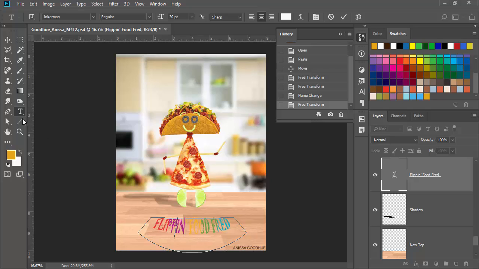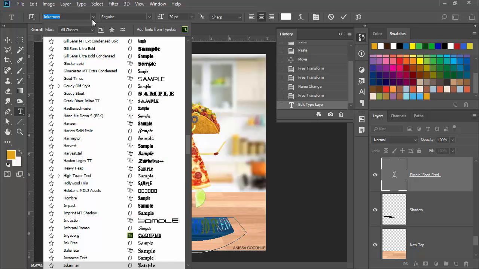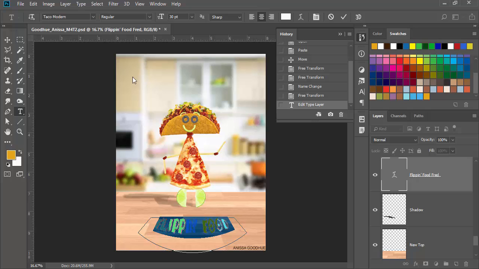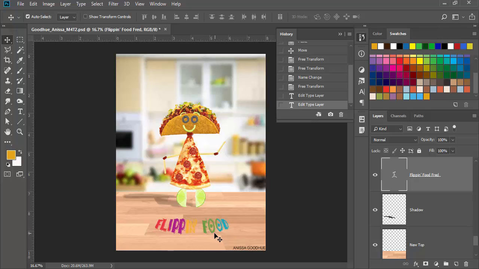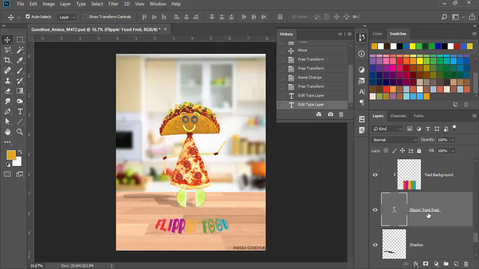So let's just see what happens here. I think it's Taco Modern. It's a little bit different, similar to what you have there with Jokerman, I guess. But again, it's a little bit different look. Because of the arch and the font choice that we're working with, it doesn't fit the whole Flipping Food Fred in there, so we would have to adjust that accordingly. But the other thing you could do here,